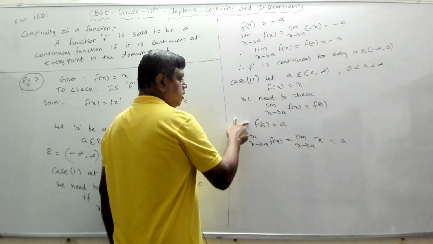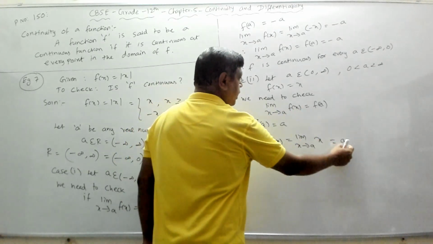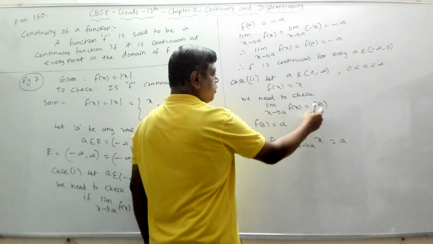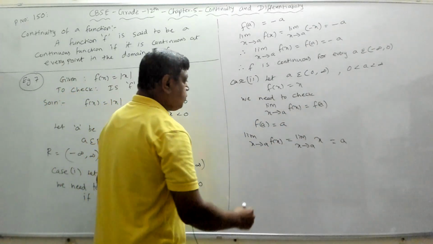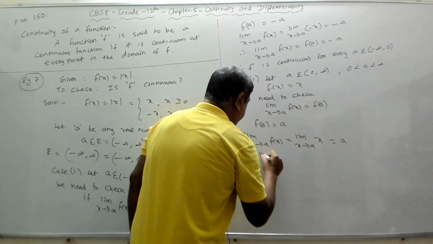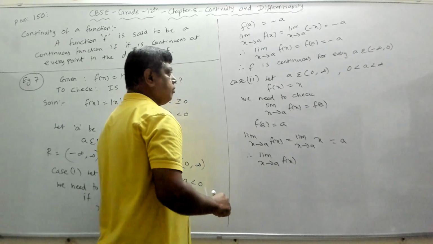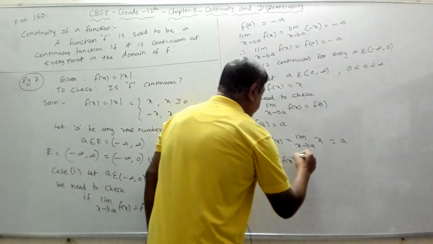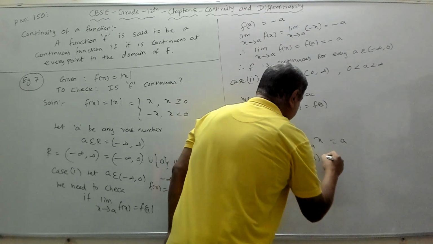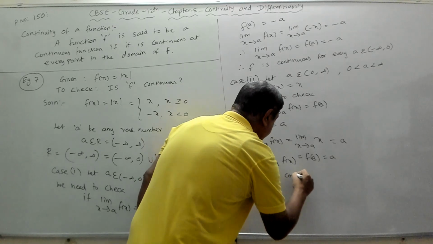So both are equal, which means you have proved these two are equal, because this value is a. This value f of a is also a. Therefore both are equal to a. Therefore both match. So therefore we will say limit x goes to a, f of x equal to f of a. Both are equal to a. Therefore f is continuous